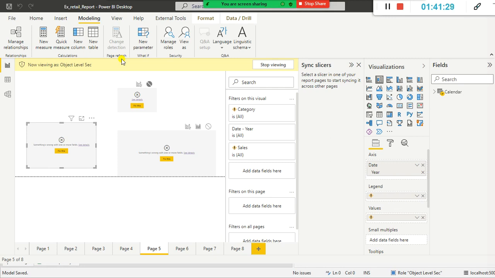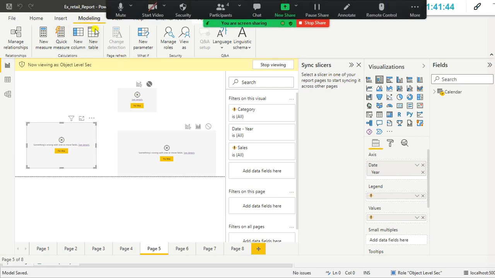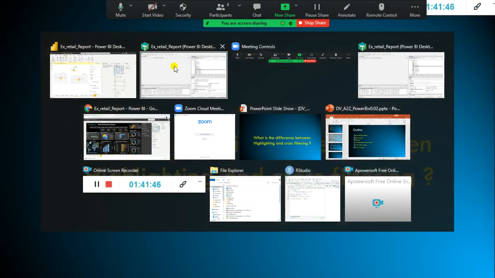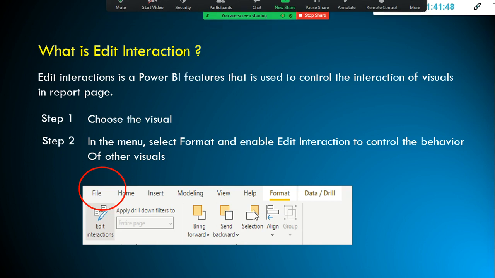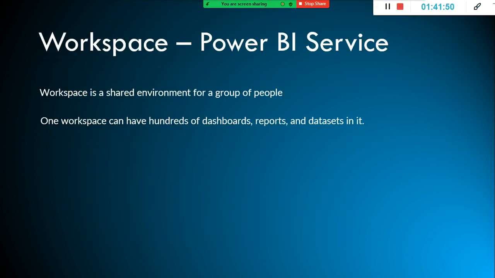These are the important topics, because workspaces are what we use to publish all our reports or dashboards, to share or collaborate with our team members. That is the one you should know. So I hope you remember all the interview questions, but again you need some time to go through whatever I covered. Watch my videos.